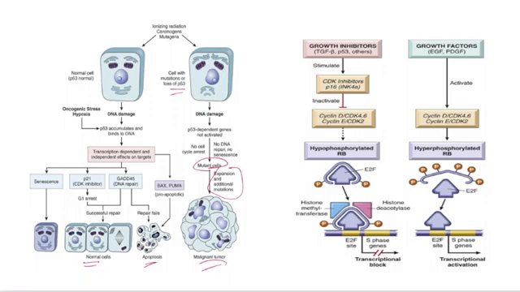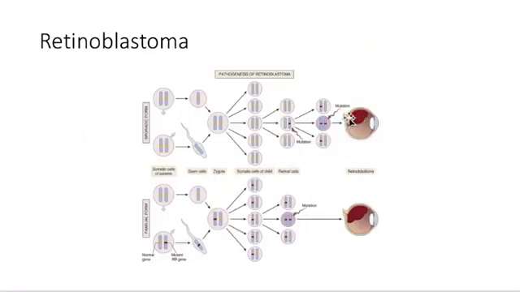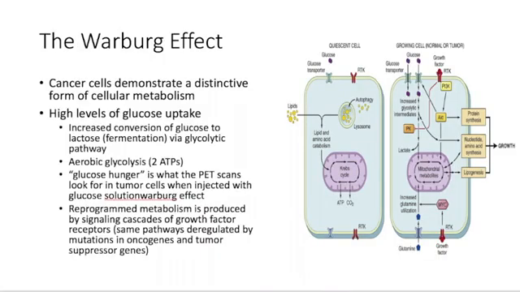Growth factor regulated kinases increase phosphorylation, so that would be the hyperphosphorylated RB. What this allows for is unregulated and continual cell growth. This gene is mutated in childhood retinoblastoma and also in many lung, breast, and bone cancers. Usually with the RB, it's a point mutation on one allele that ultimately leads to the retinoblastoma.